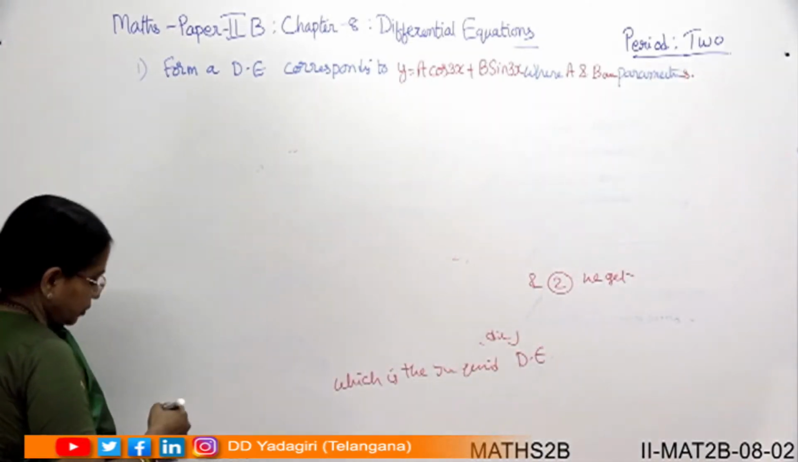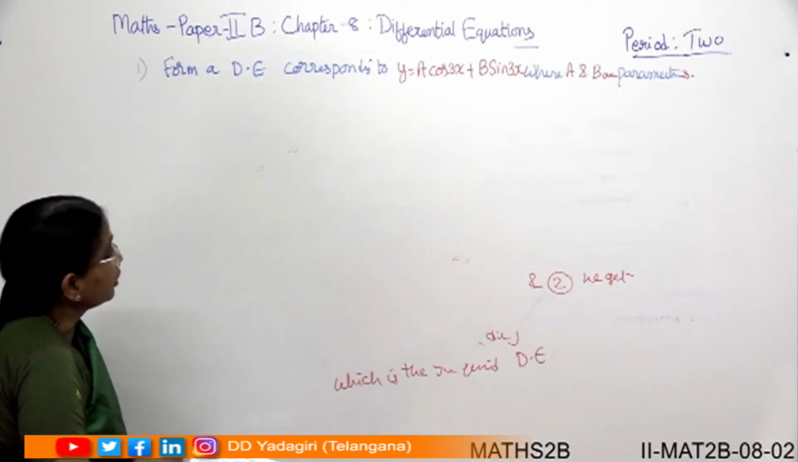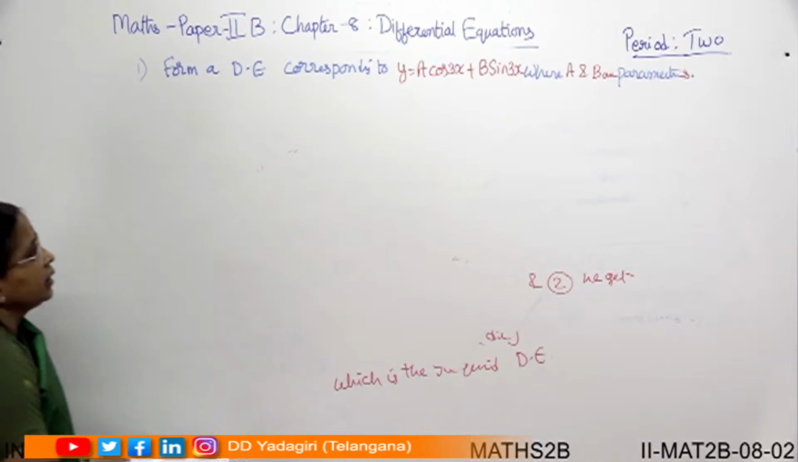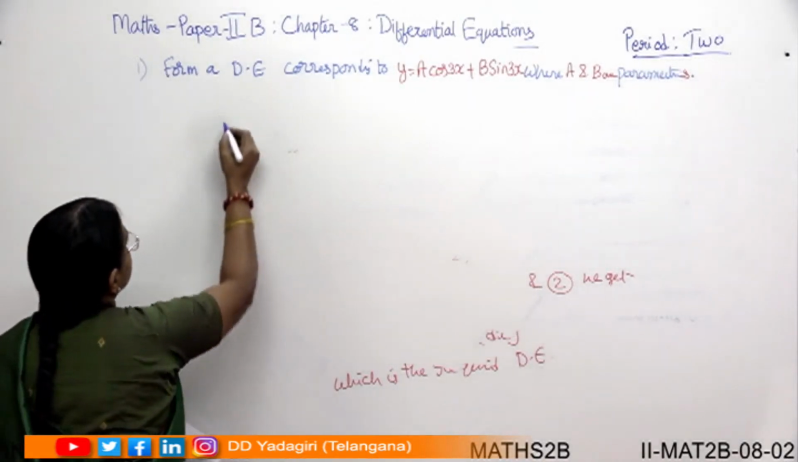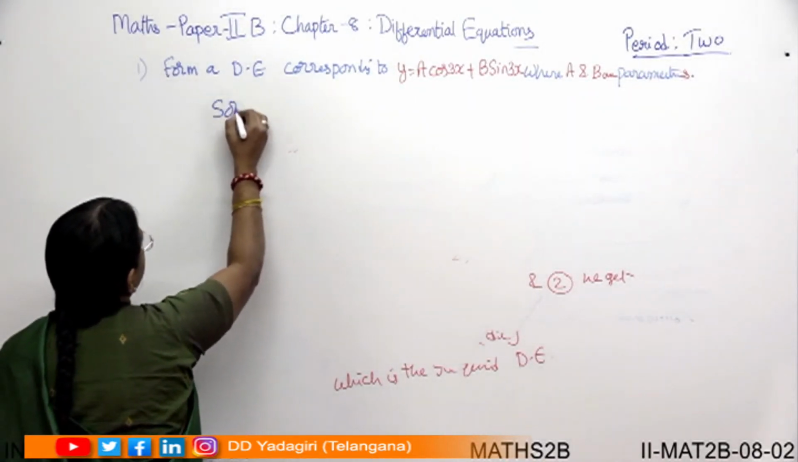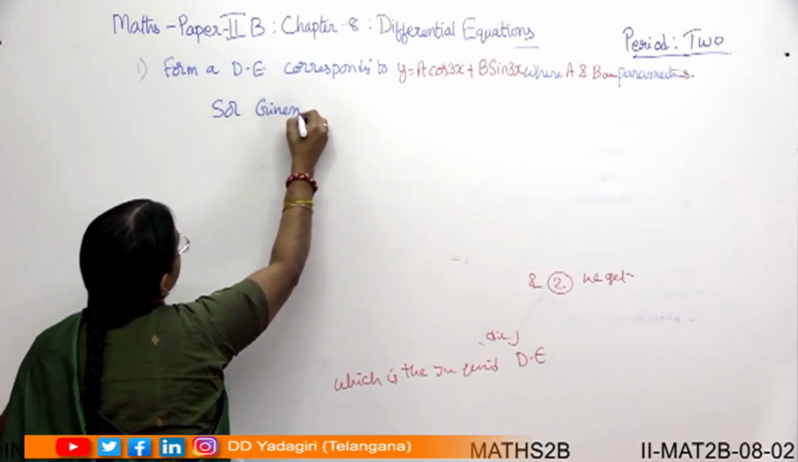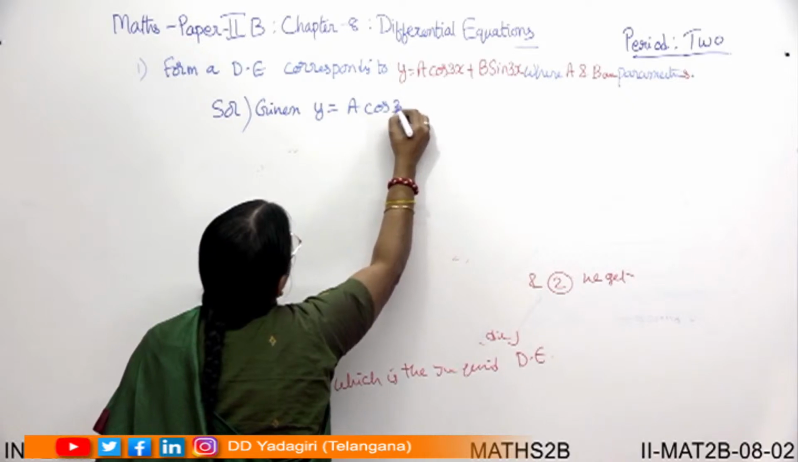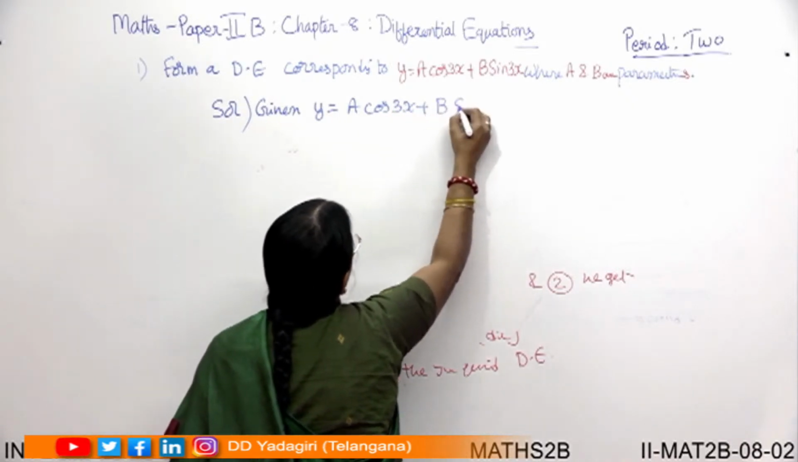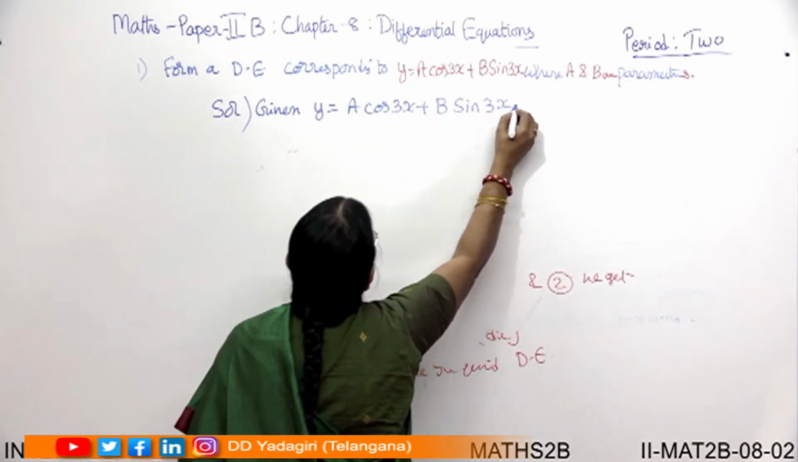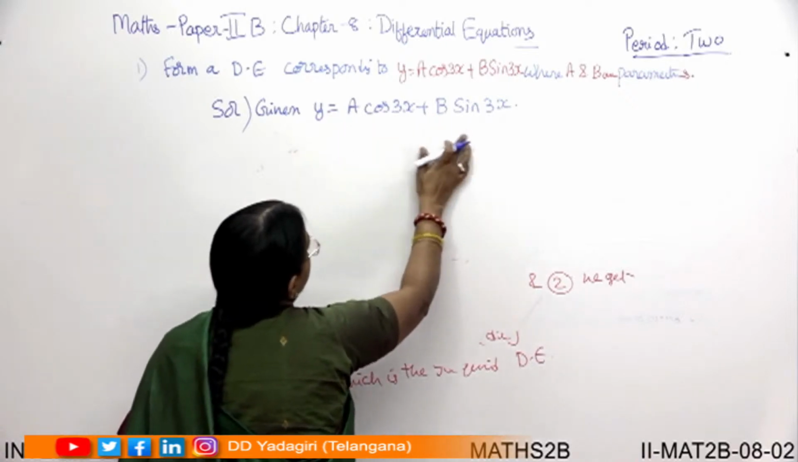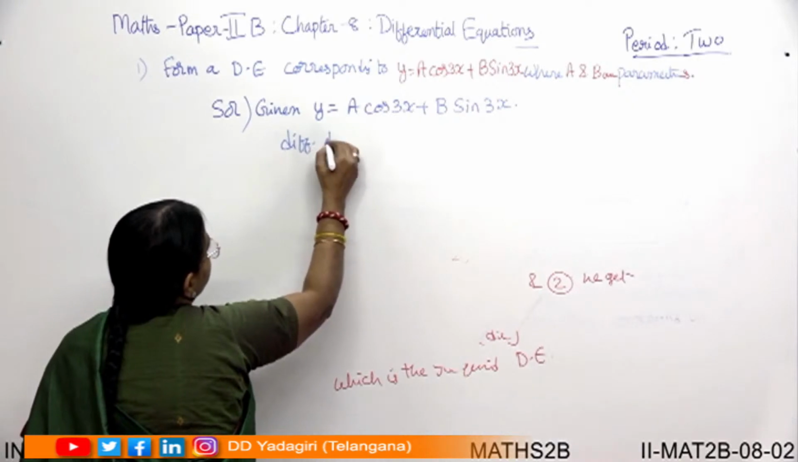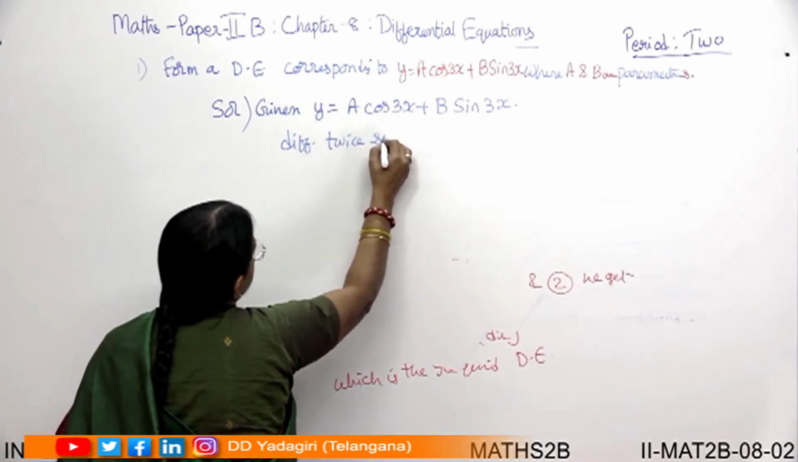So now what will you do? You take the solution. y is equal to A cos 3x plus B sin 3x. So here it is 3x. In the solution you are given y is equal to A cos 3x plus B sin 3x. Now, because we have two arbitrary constants, you must differentiate it twice. So we'll write, differentiating it twice successively